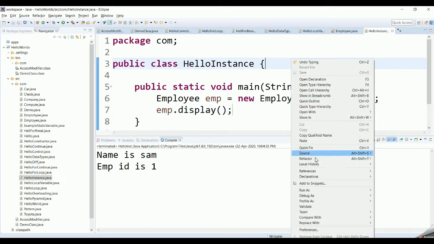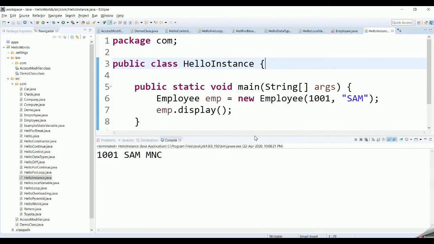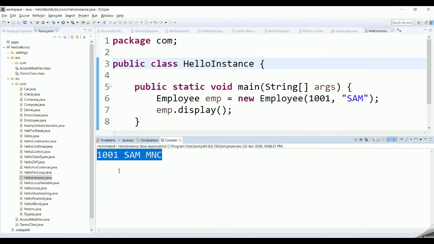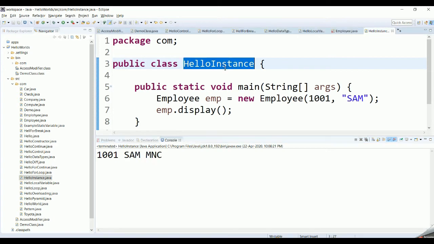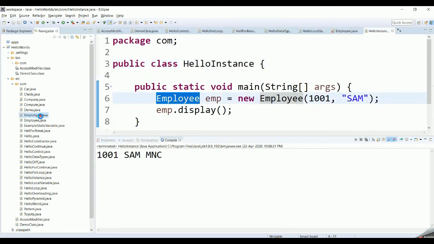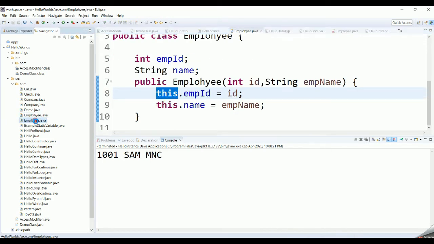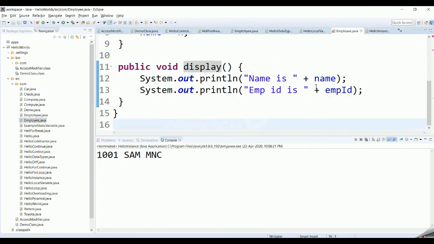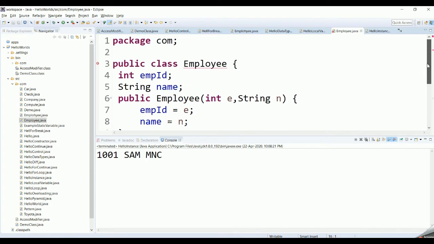Now let us execute this program. Run as Java application. It prints 101 Sam MNC, hello instance. Why Sam MNC? I think there is some problem with the name of this class. Type employee is already defined.